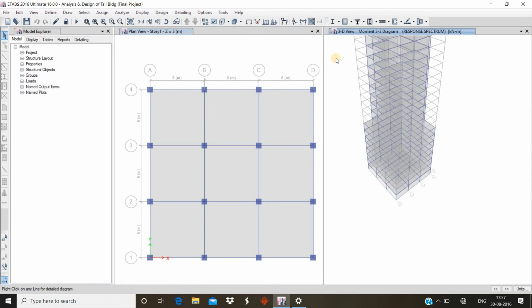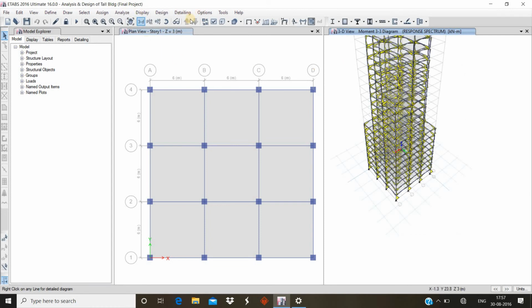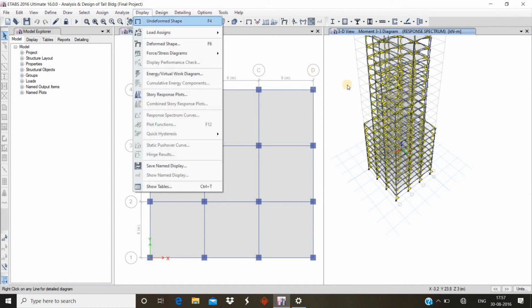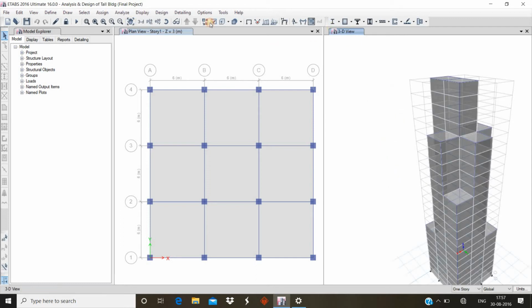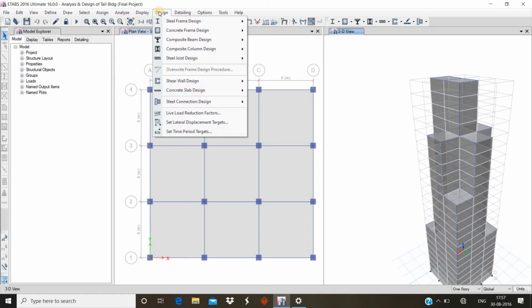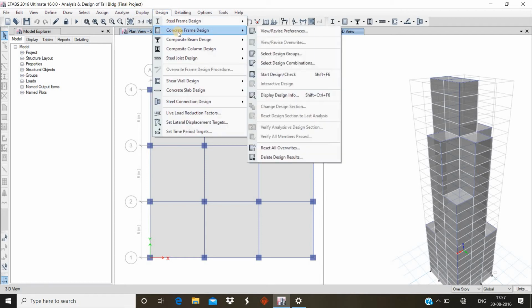Okay, then click on display and deform shape. The story will look like this. Then click on design. To design this, click on design, then concrete frame design, then click on view/revise preference.